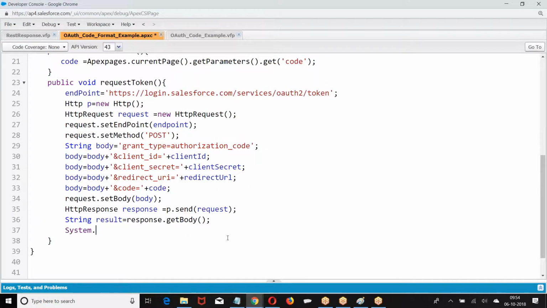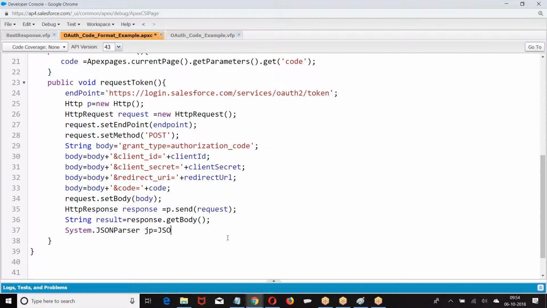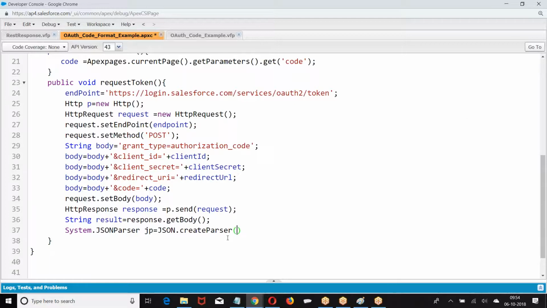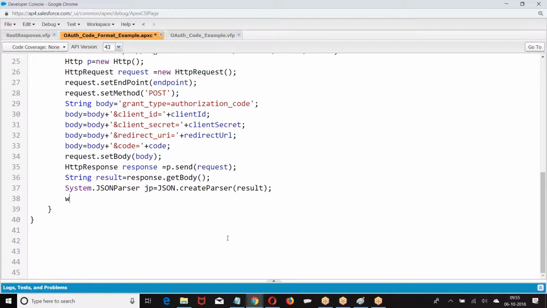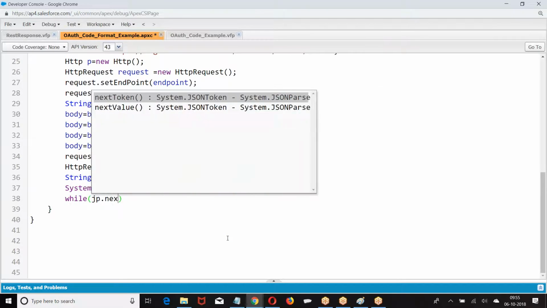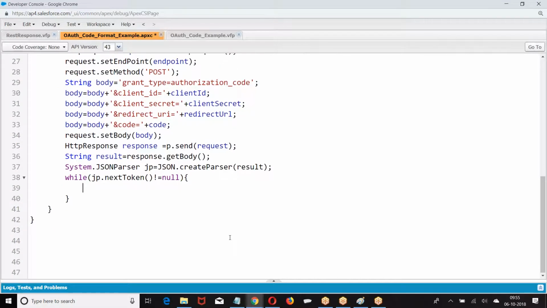How you define system.JSON. jp.next token.